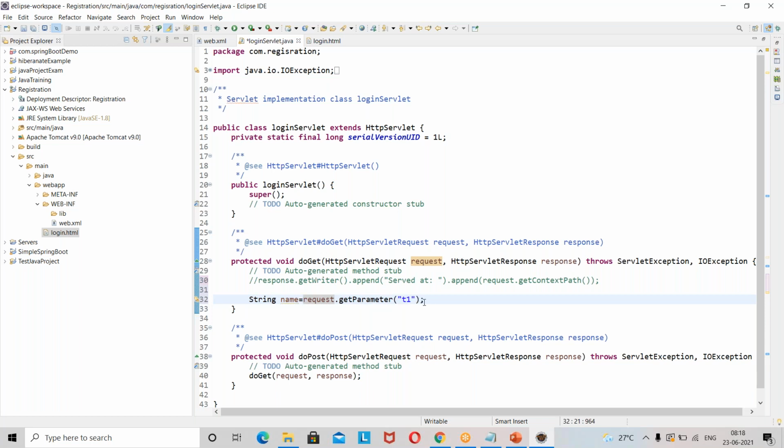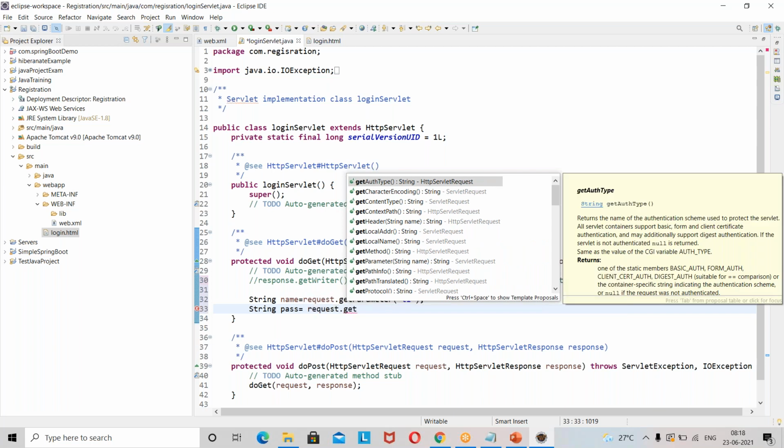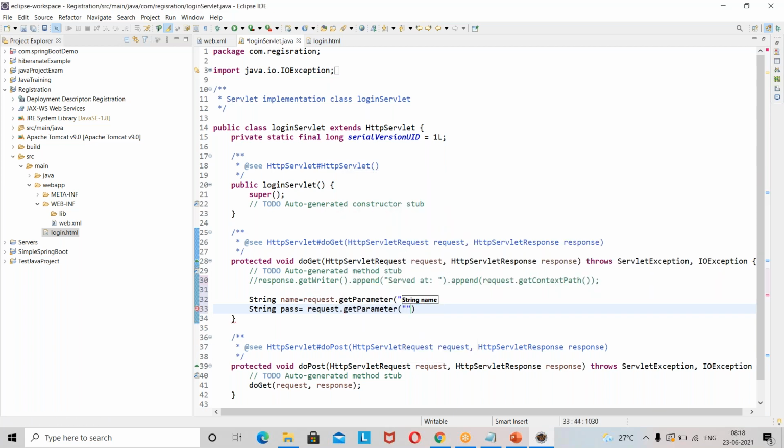And I just want to read even the password. For that, request dot getParameter and t2. Now I have read the user ID and password.